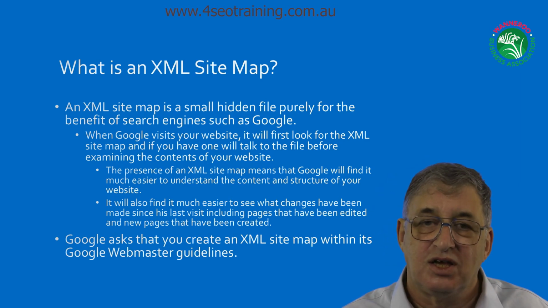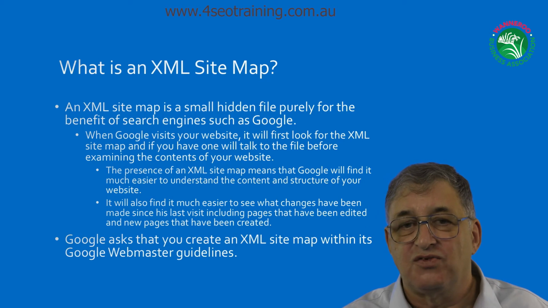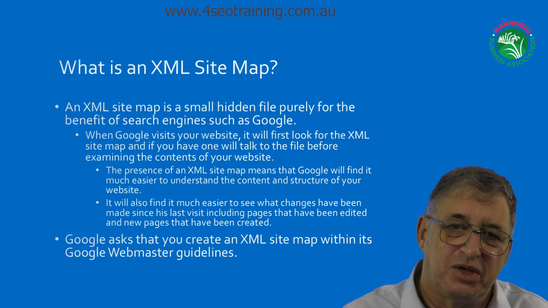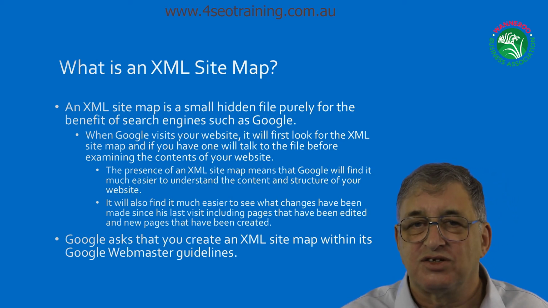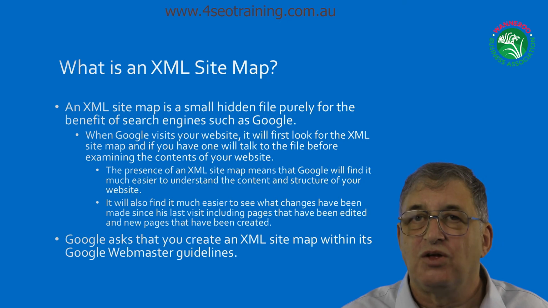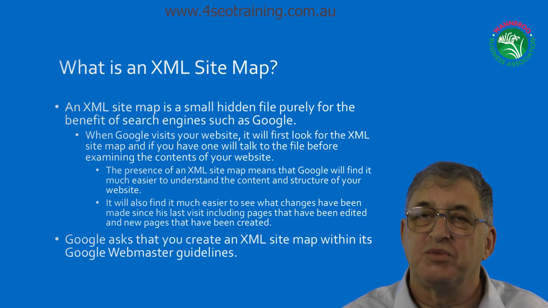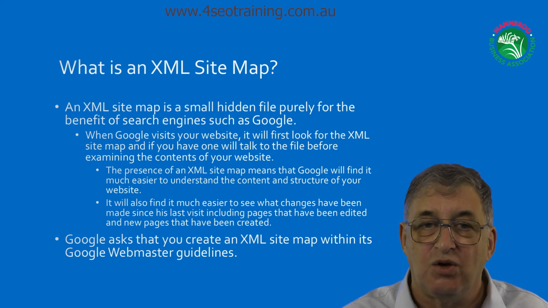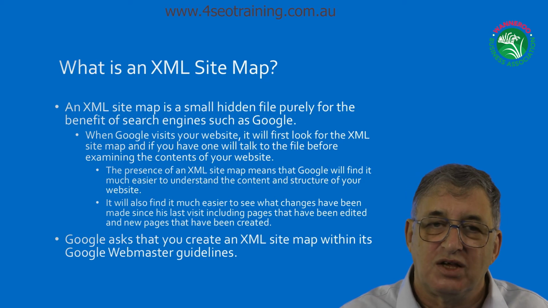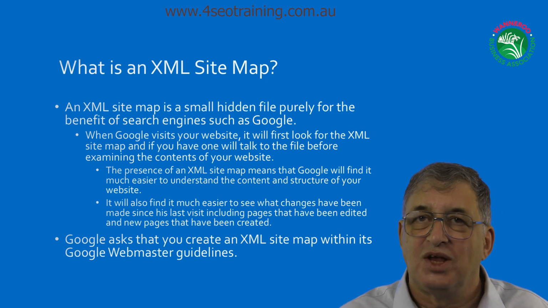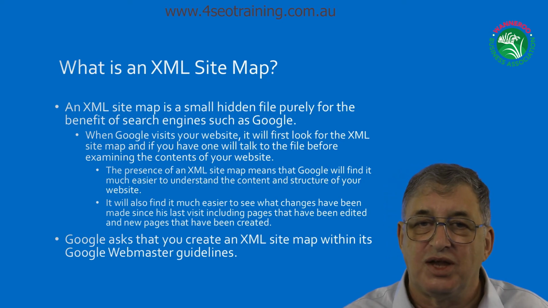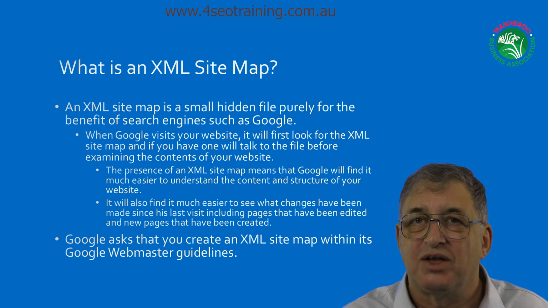They have a little chat. So the file will say, oh, since your last visit, this file is new, that file is new, this one's been edited, this one's maybe been deleted. So Google has a little chat to the XML sitemap file contents, takes that information back to Google, and makes the whole indexing far more efficient. If you haven't got one, Google will still cope, but basically it's trying to root through your website more or less in the dark and doesn't really know what's going on. It just makes it an awful lot easier. And again, in WordPress, the easiest thing is to install an XML sitemap plugin. You install it, forget about it.